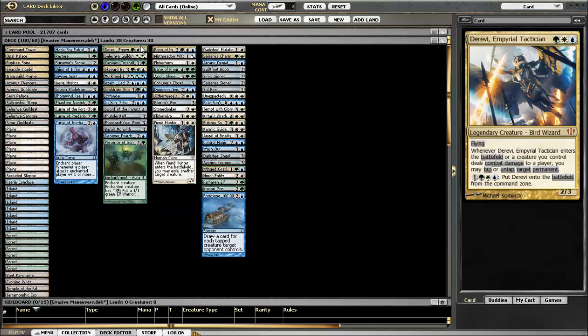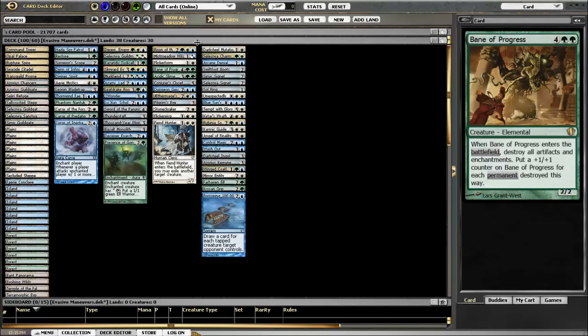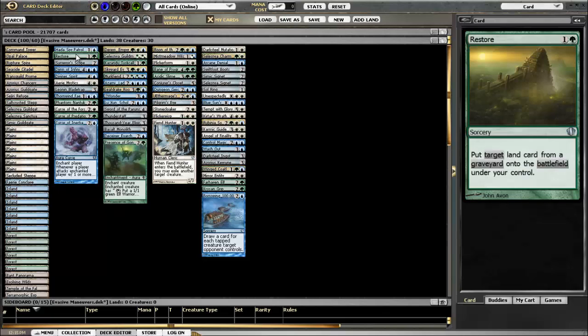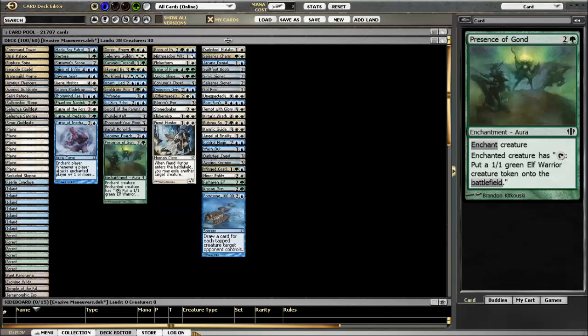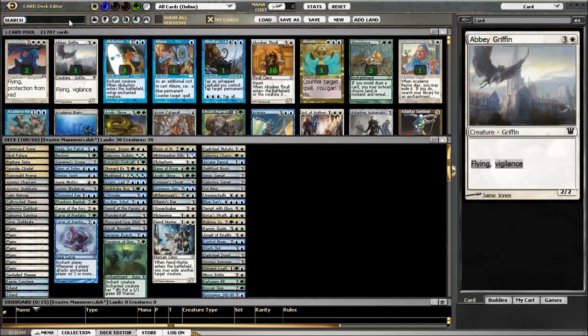But Derevi, like I said, likes tappers. Rune likes blink stuff, enters the battlefield stuff. And this is the stuff that you can just yank. So if we look at enters the battlefield to improve the Rune deck,